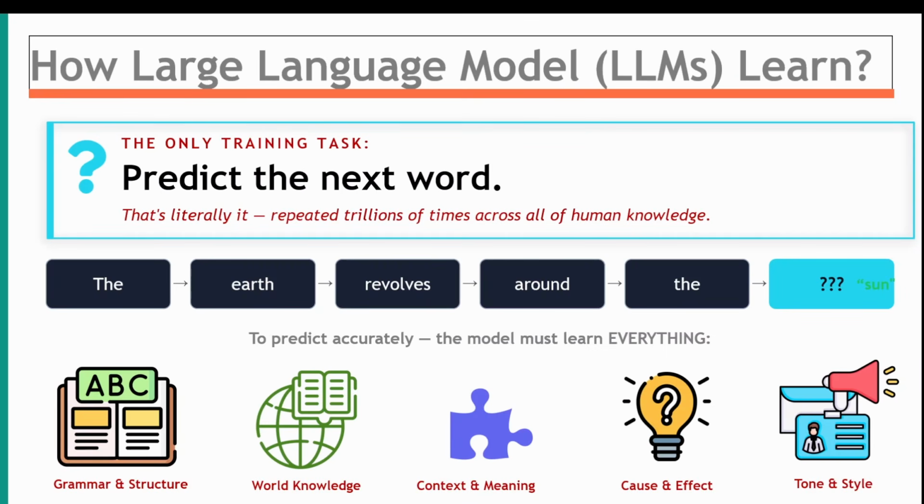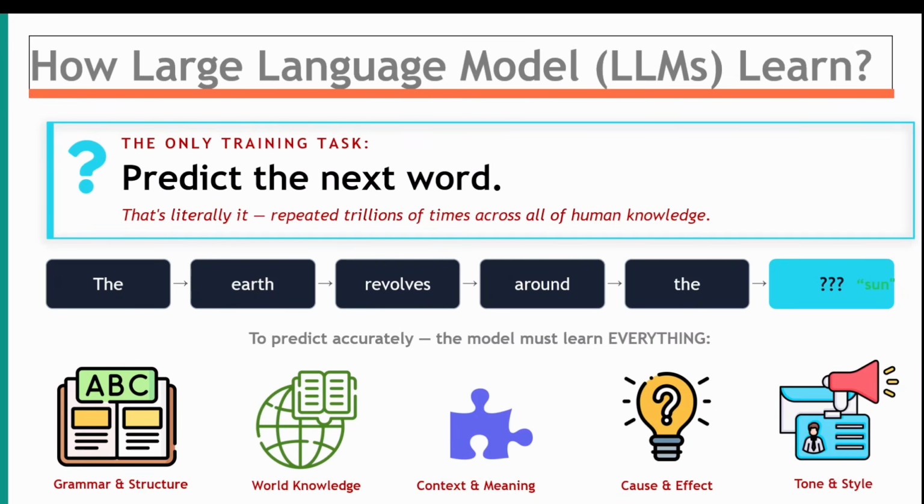One is the amount of training data it's trained on, and the other is the number of parameters or weights. The more the parameters, the more capacity to learn complex patterns for the language model. So this is a neural network that's trained specifically only on text. Its job is to predict the next word.